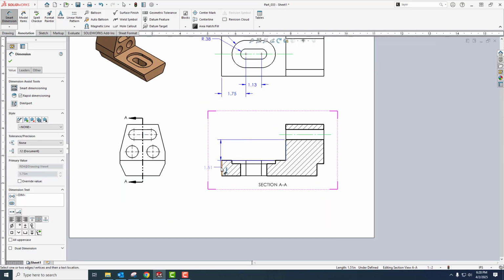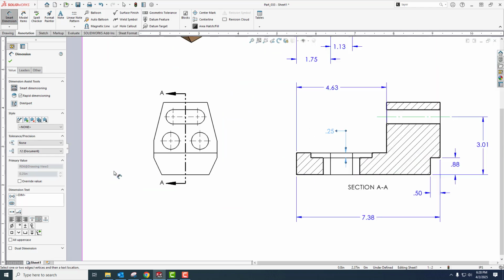So select here and here, 4.63 from the center line, this line 0.5. The length of the entire object is 7.38. The depth for the first cutout for that ellipse or the ovals are